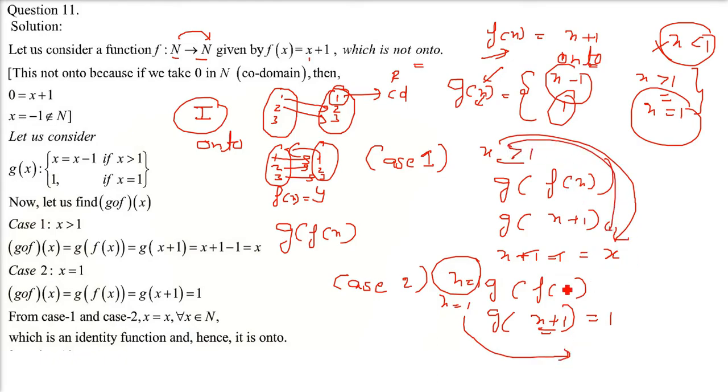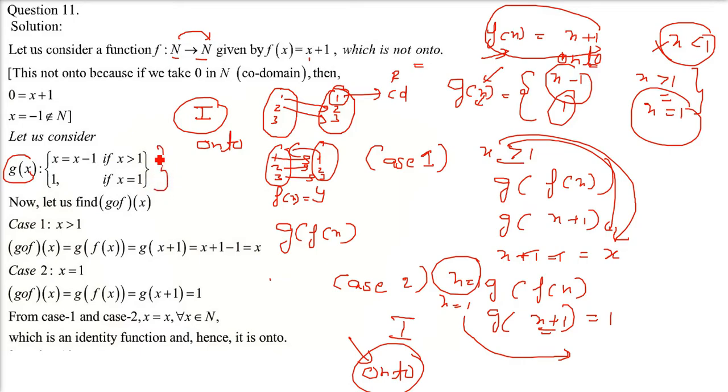X will give you x, 1 will give you 1. So what you are giving is coming outside. So identity function. And I just told you identity functions are onto functions. So we proved it. So this fx was not onto, and we proved gof is onto. Because gx is the basic thing. You just have to remember it. It's not possible that in the exam we come up with this kind of solution.